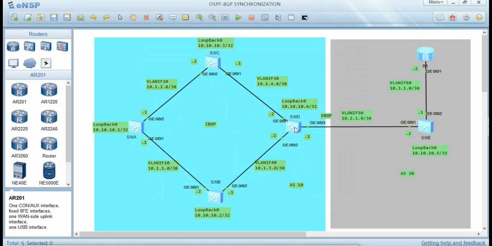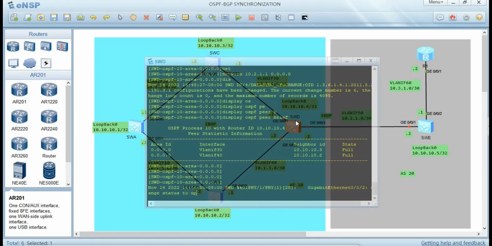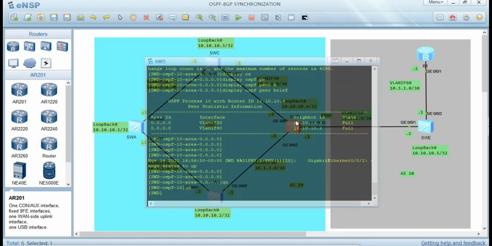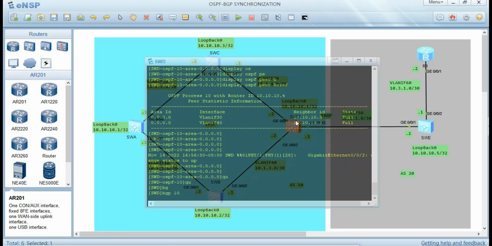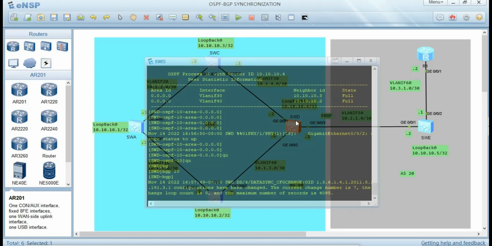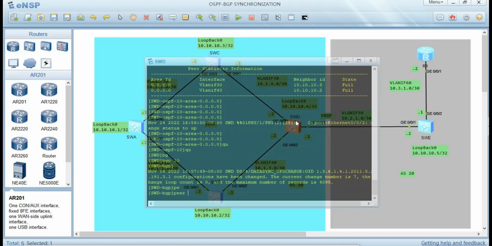Then you come to this switch D here. Switch D here is going to establish IBGP and also EBGP. It's going to establish IBGP with switch C and switch B and switch A, and it's going to establish exterior border gateway with switch E on this autonomous system 20. So I'll quit, and you quit and create BGP 10 here. And on BGP 10 we are going to establish IBGP peer. So peer